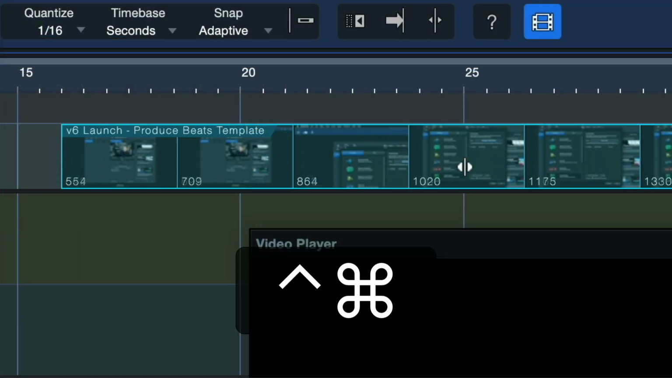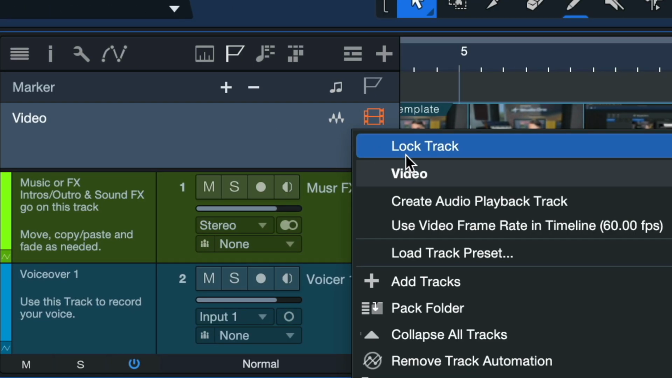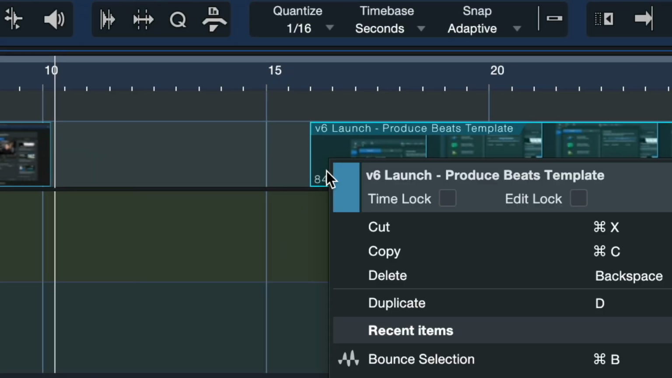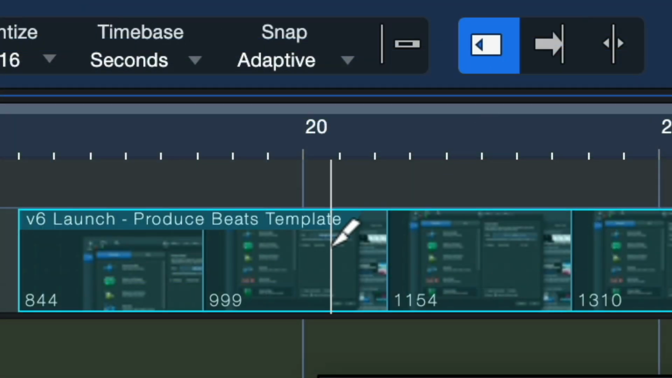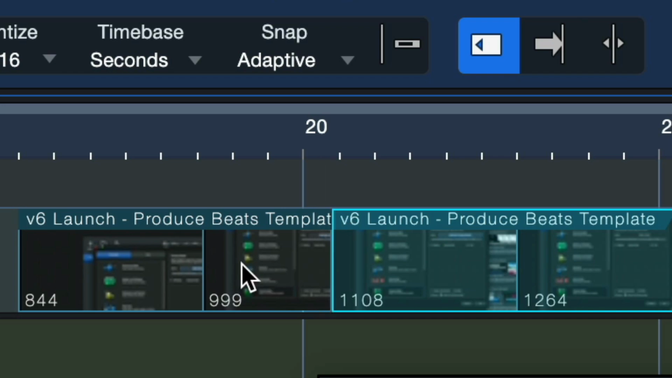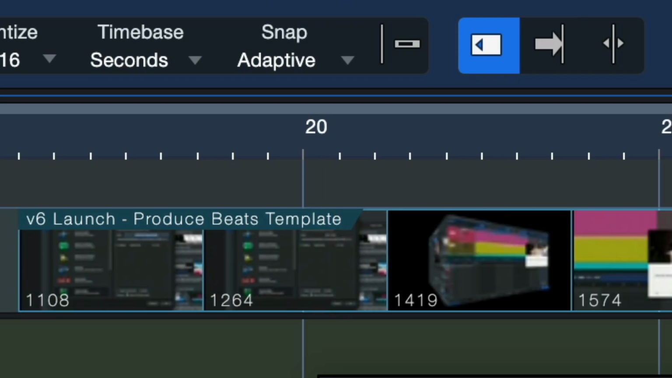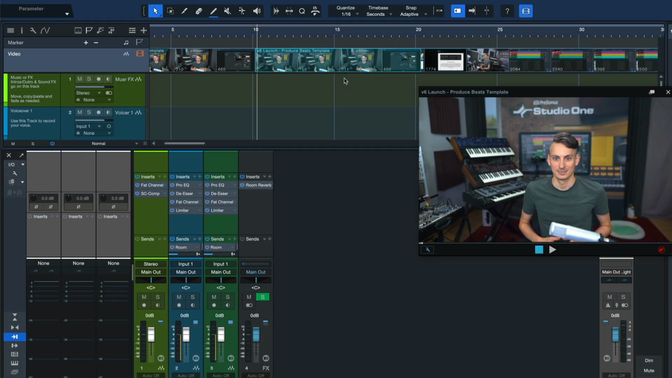slip edit, which is great if you don't want to move the event container, just the content inside, time and edit locks to prevent any accidental changes, ripple edit, which makes the different events snap onto each other kind of magnetically as you're deleting something, for instance,